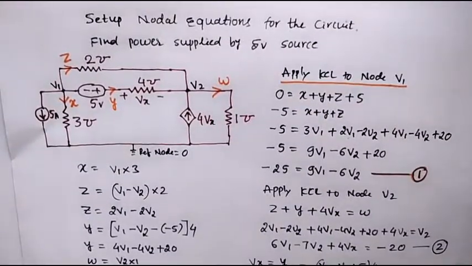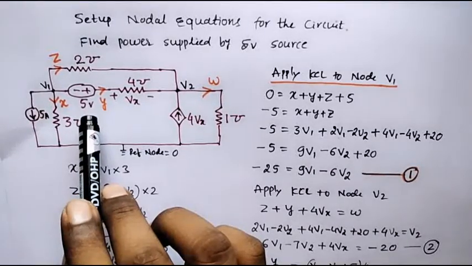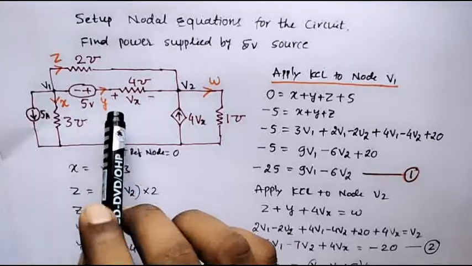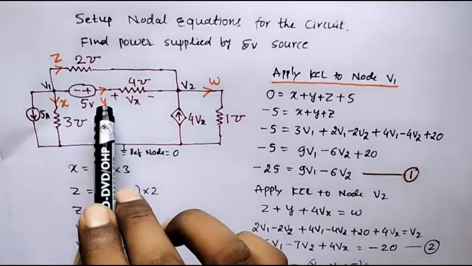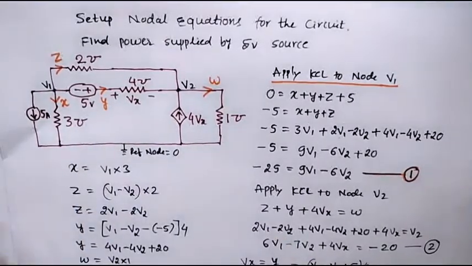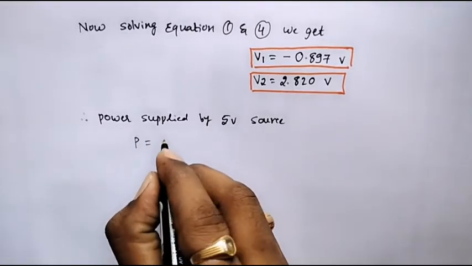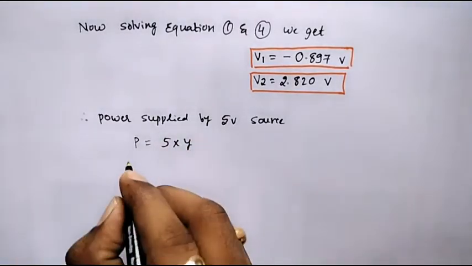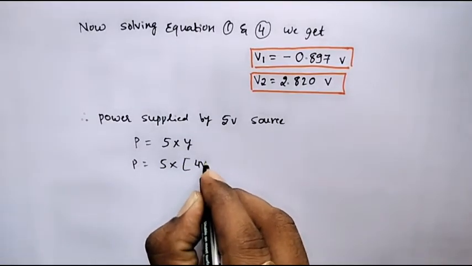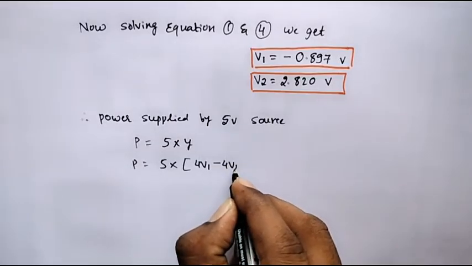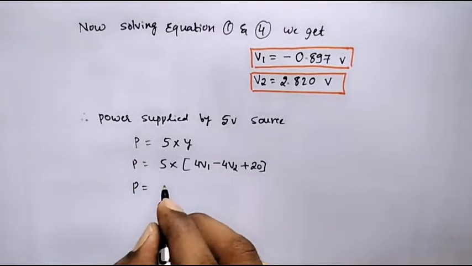So here the power supplied by 5 volt source is, we know that power is equal to voltage into current, that is V into I. The power supplied by 5 volt voltage source is 5 into current passing through that branch, that is Y. Therefore power supplied by 5 volt source is P is equal to 5 into Y, and we know that Y is 4V1 minus 4V2 plus 20. Therefore P is equal to,